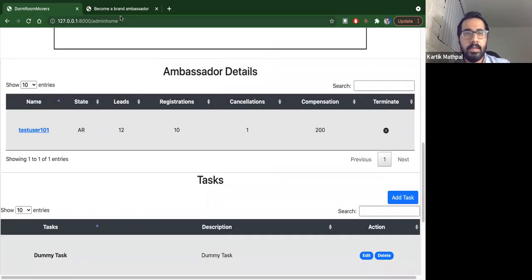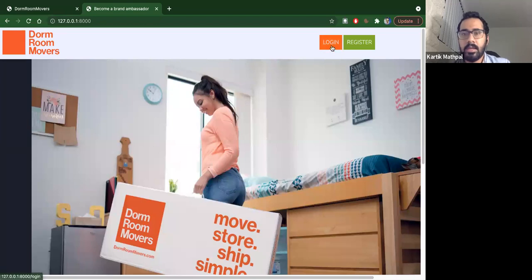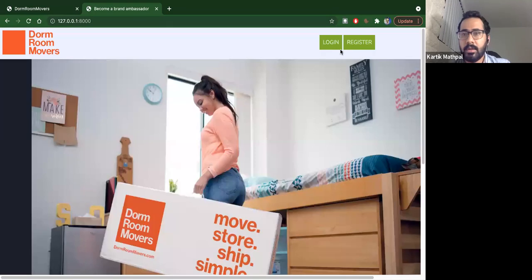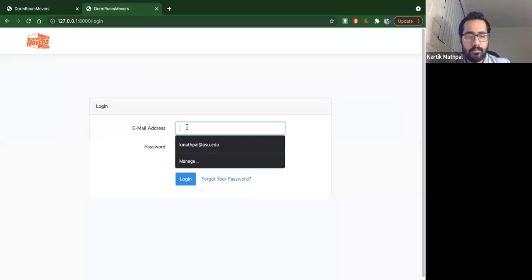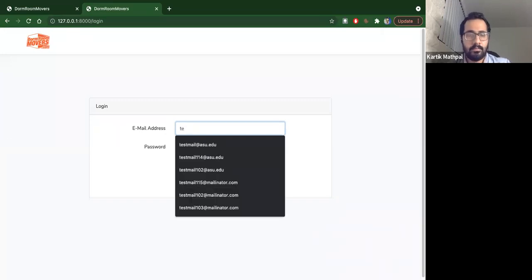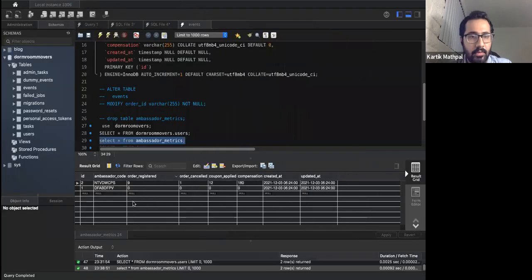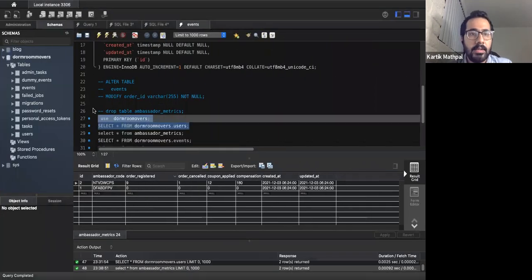And if we now go and check, say, in the ambassador's view, let me quickly log out and show you. The task should be broadcasted to the ambassador also. Let me quickly grab the details of the ambassador.